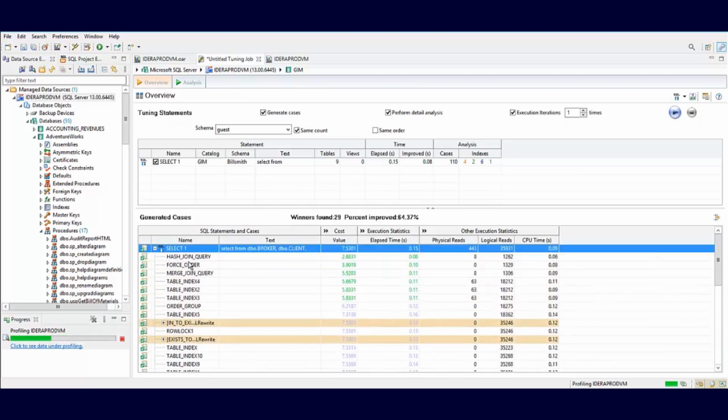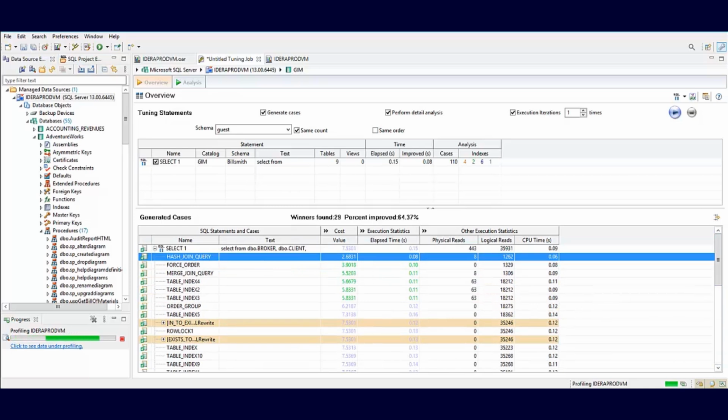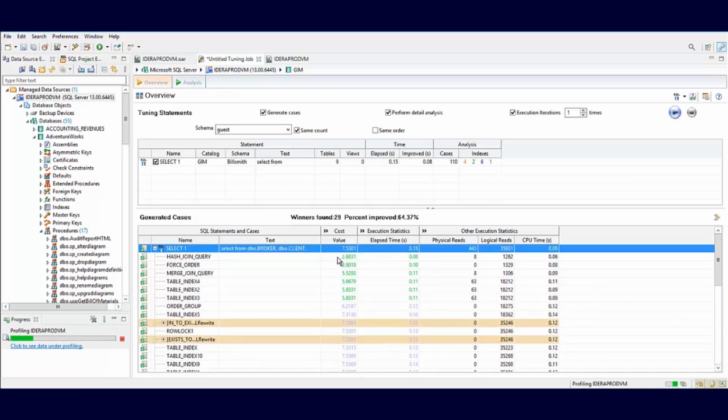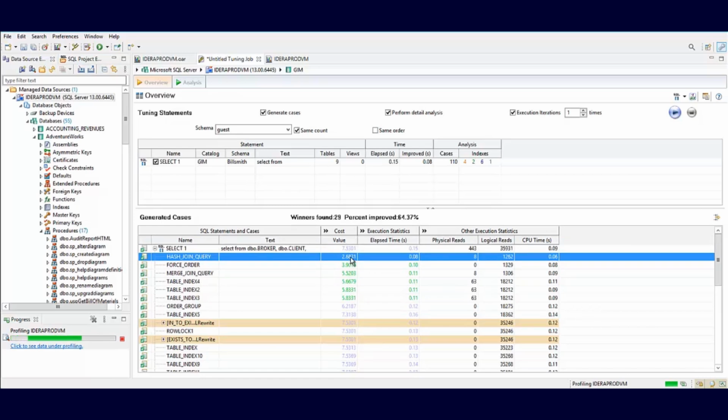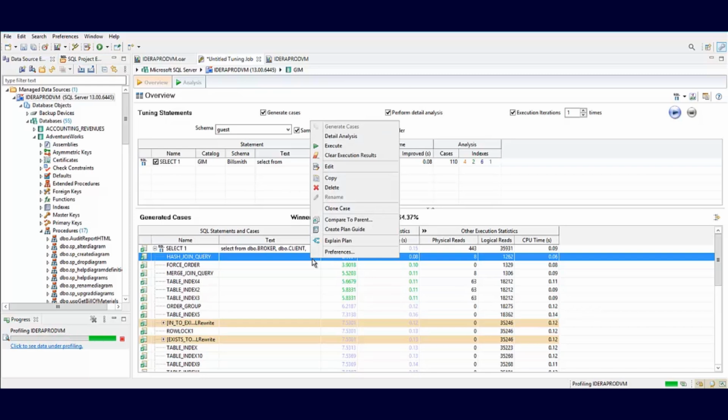So up here at the very top, I see this hash join query. The cost improved significantly from the original here at the top. So we see the cost improved significantly, the elapsed time improved, the physical reads improved, the logical reads decreased and improved as well, and the CPU time decreased. So this might be the one that we need to look at and see what we need to do to rewrite that statement. So I'm going to right-click, compare that rewritten query to the original,